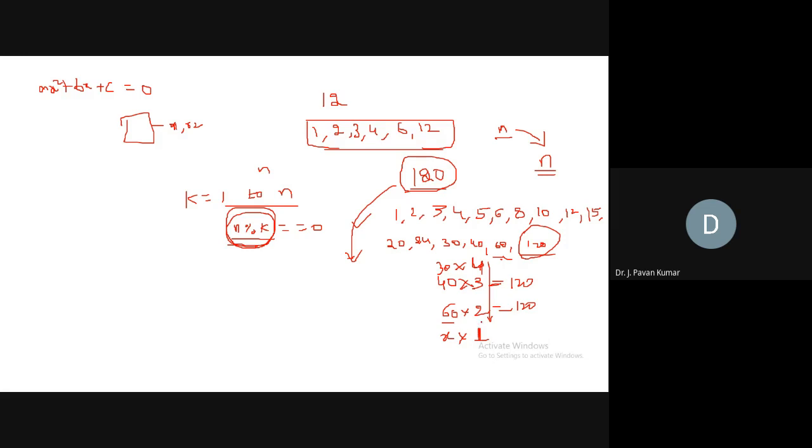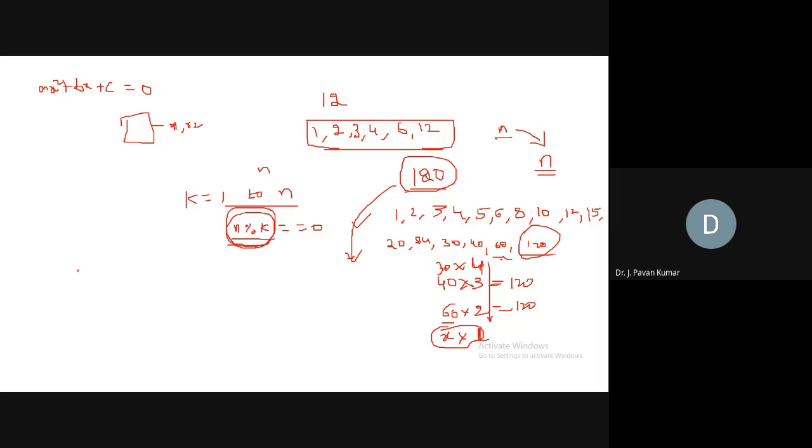Are there any other integers between 1 and 2? No. Yes, sir. So there is no possibility other than this one. Anyway, this 120 is a factor of itself, so we need not check 61 to 119. Yes or no? 61 to 119. We will not have any factor for 120. Definitely. That is for sure.